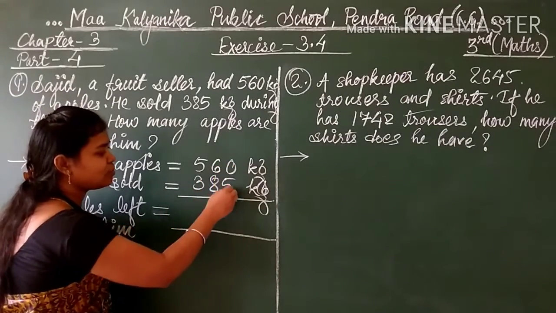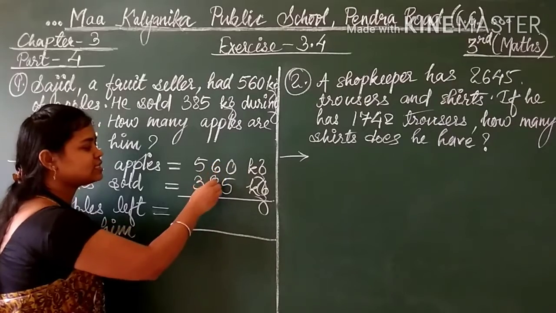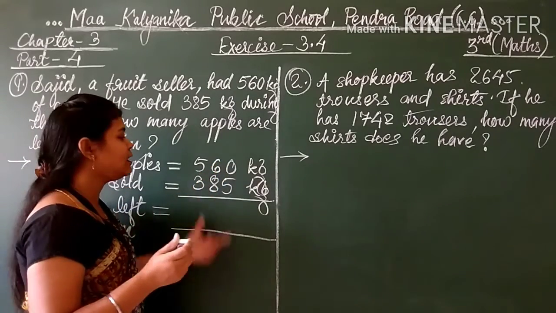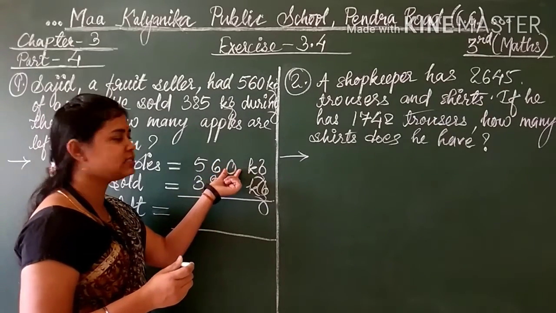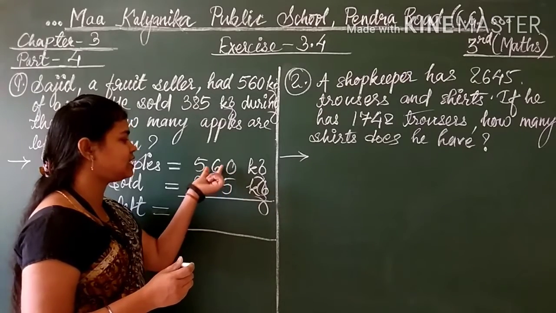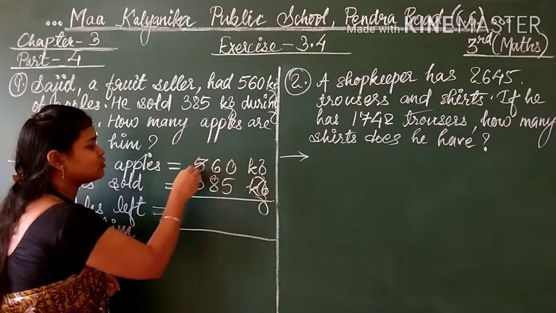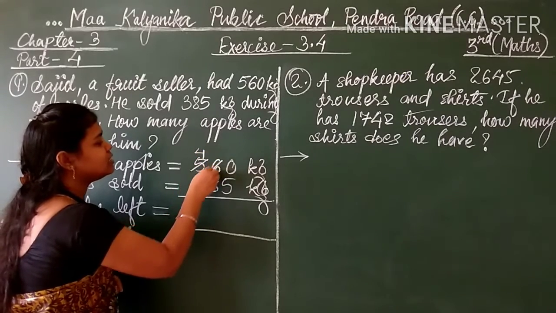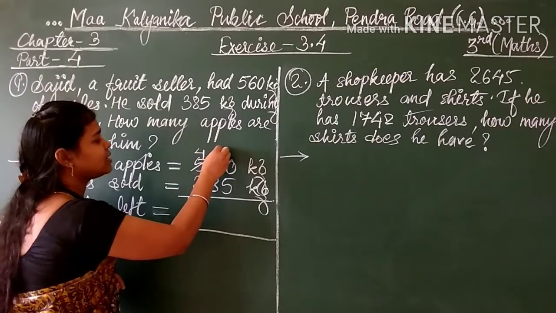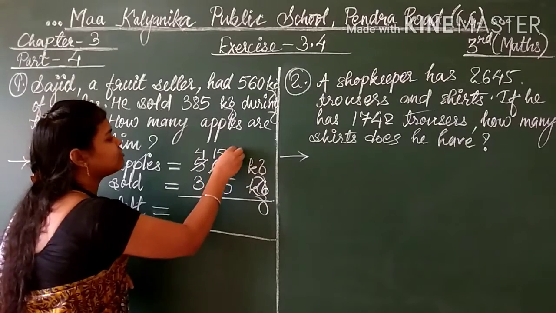So now students, 0 minus 5 cannot be done. 6 minus 8 cannot be done. Why? Because these two digits are smaller than the lower digits given below, 8. Now 5 is greater than 3, so 5 will become 4. This will be 16, 16 will become 15 and it will give 10 here.